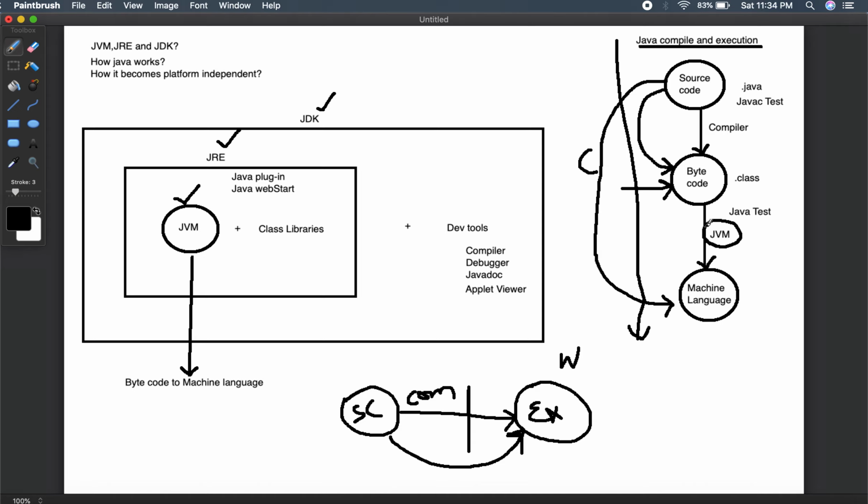That is why the Java programming language is platform independent, though the JVM, JRE and JDK are platform dependent. Don't get confused. How come this becomes independent? Hope you understand. You can answer this question even if someone asks you in an interview. This is how Java is platform independent and how it works.